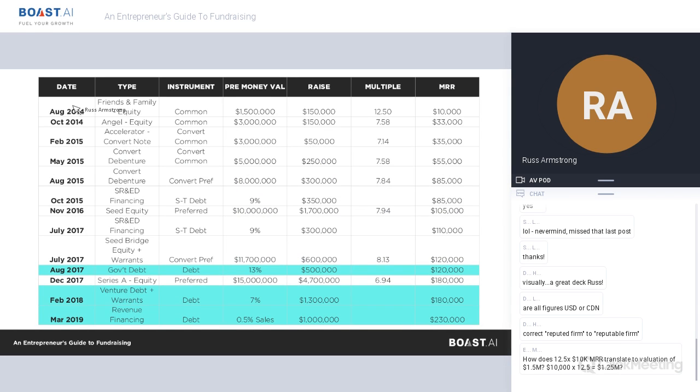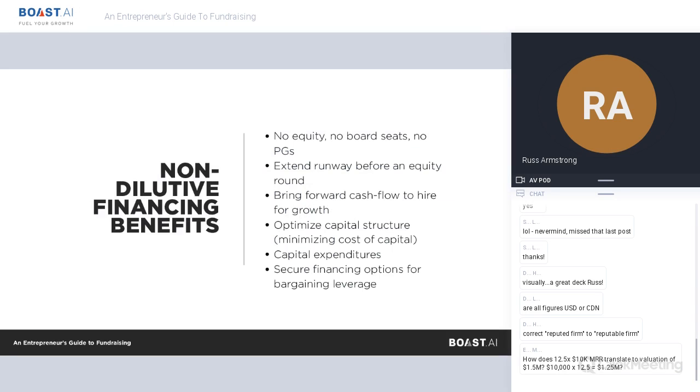All right. At this point, I'm going to talk a little bit about venture debt and some of the government debt options available out there, the different types of debt that are available, and how they work. Non-dilutive financing is a great option to have if you have the right metrics to capture it. You're not giving up any equity, no board seats, and there are no personal guarantees on them. And there are a number of reasons why you would want to execute on these.